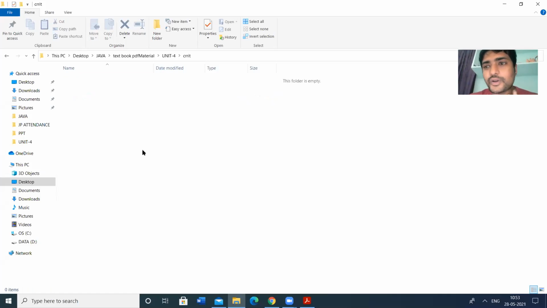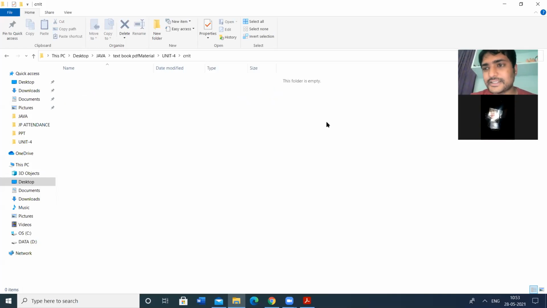So in this folder, we have to create the files. That means here we have to create the programs. Here we have to create the package. So package is nothing but a collection of classes. So here we have to create the classes and save the class files, that means not executable class files. We have to create the programs here and save the programs here. So this is the first condition.